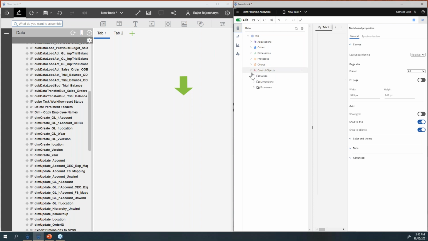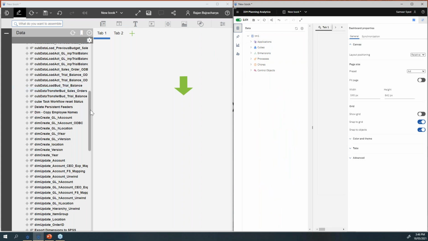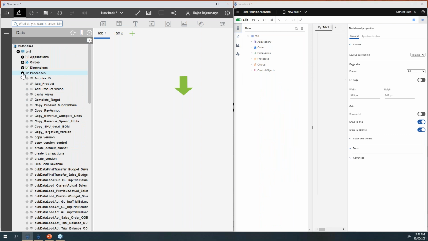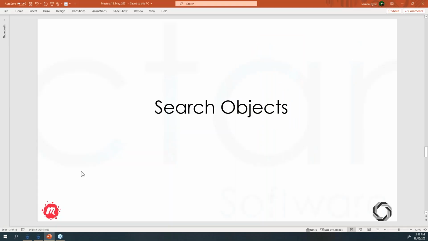And of course, in your control objects, you will find the search because you will have plenty of control objects. So it becomes really easy and helpful for you to make any search on your TM1 objects, whether it's cubes, dimensions, processes, chores, or even applications as well. So that's your search objects feature.